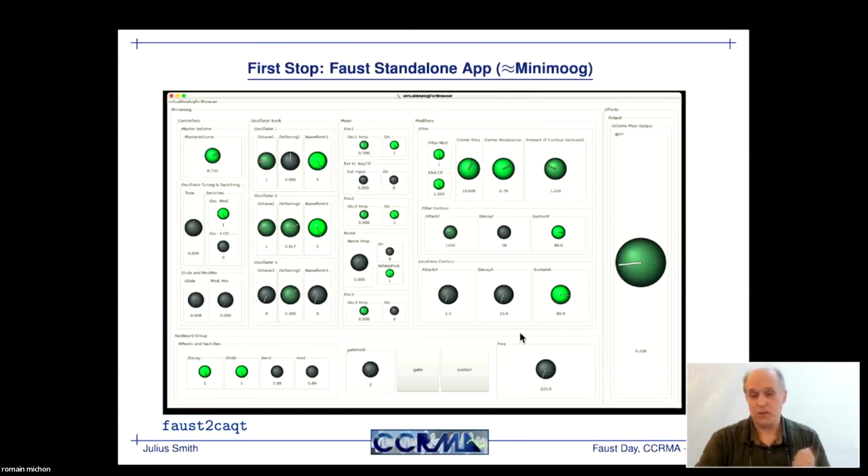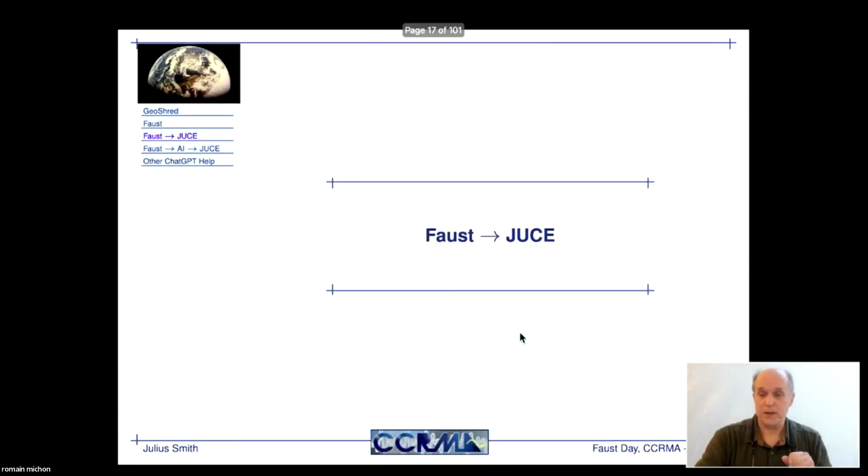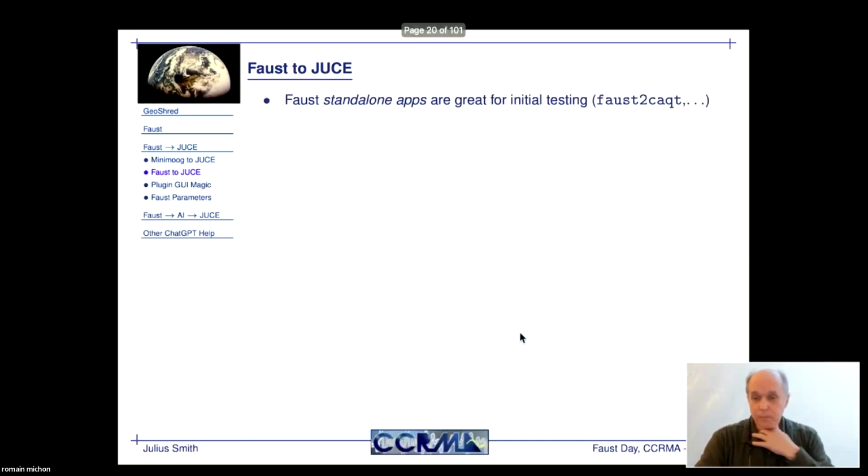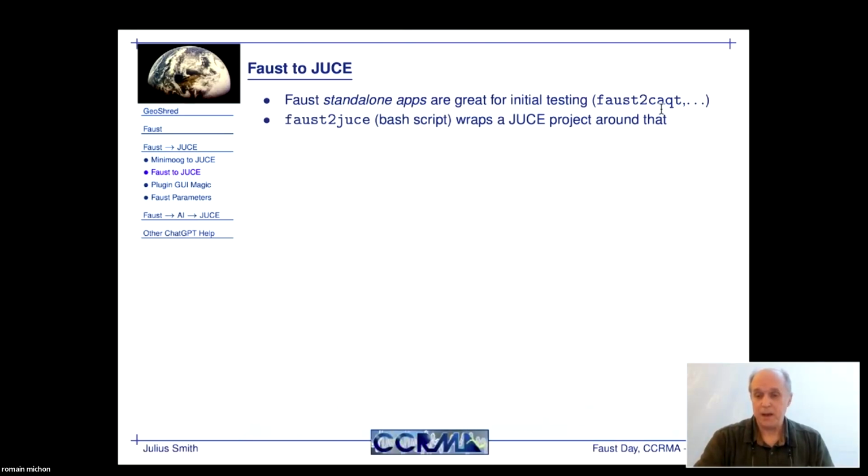And you also see the GTK look and feel a lot in the Faust world. Those are the two main GUI systems supported by the architecture files, as far as I know. So the standalone app is great for initial testing. I typically use Faust to Core Audio QT because I'm on a Mac. And Faust to Juice is a great way to just get that into a Juice project and maybe just start